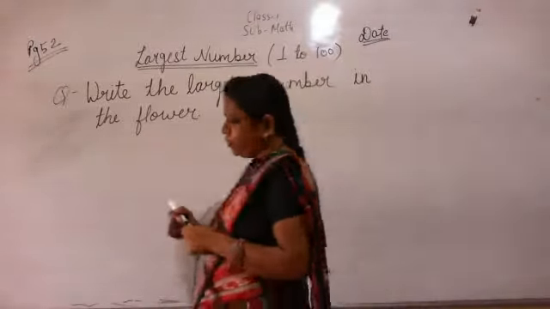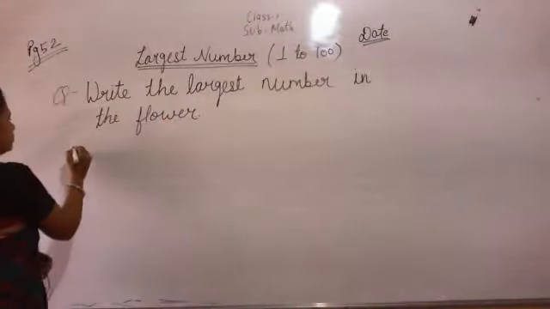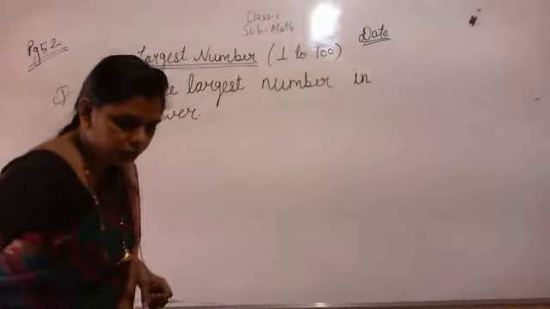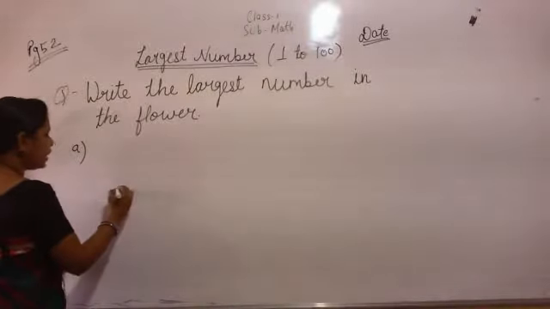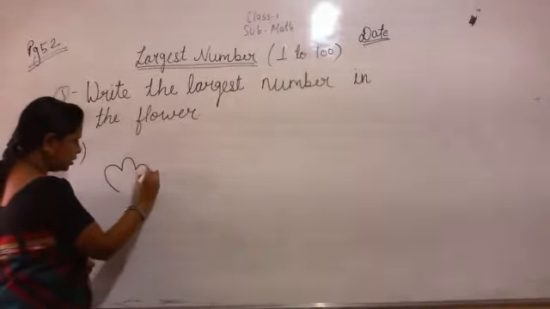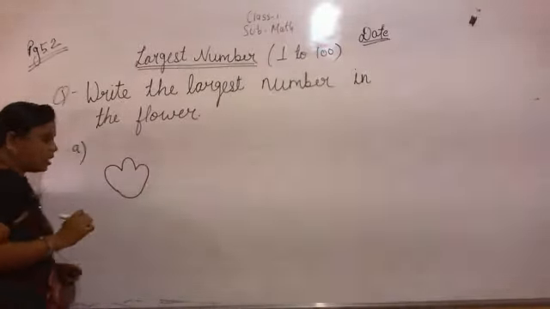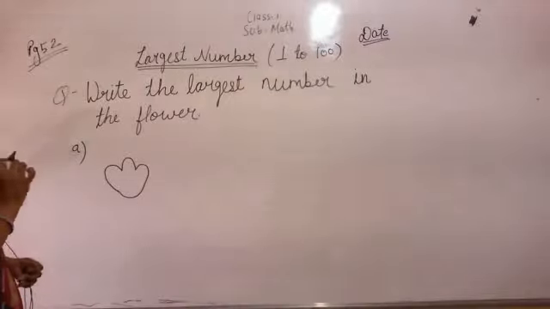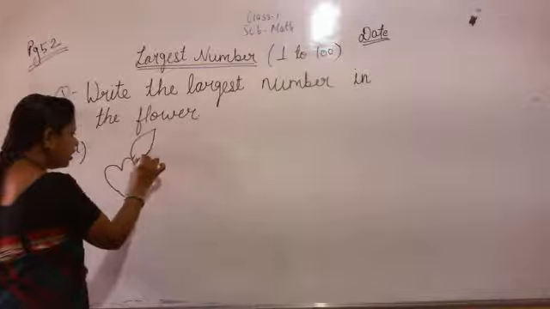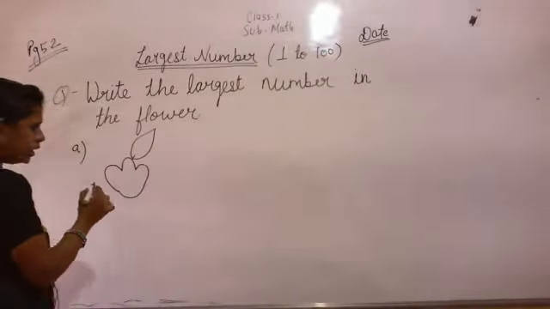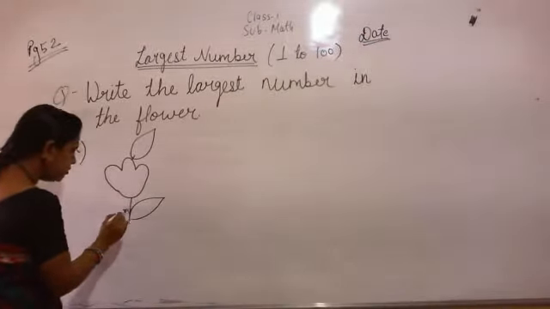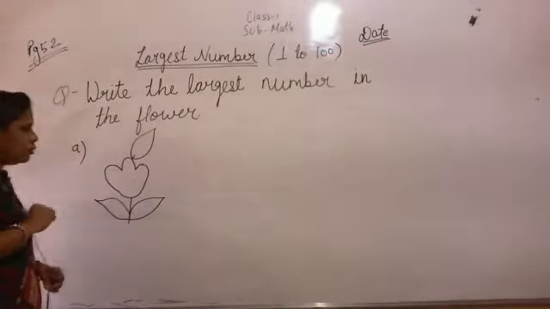Now the first question, write A. See how the picture is drawn, and in the same way, first you draw the flower. Don't draw the flower too big and don't draw it too small either, so that you can write the number inside it. Then draw one leaf here, then make one stem here, then one leaf on this side and one leaf on this side. Okay, no need to draw the pot.